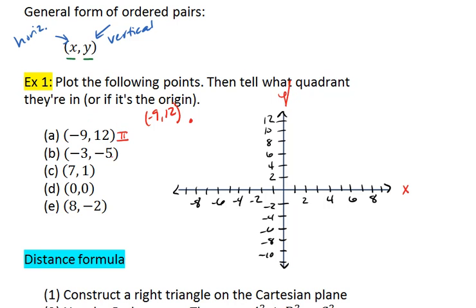You can just write Q2. Alright, our next point, -3, so -3 to the left, and -5, 5 down. Helps when I write the negative. There we go. And that is in Q3. 7, 1